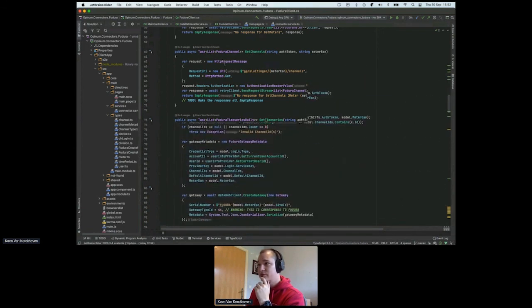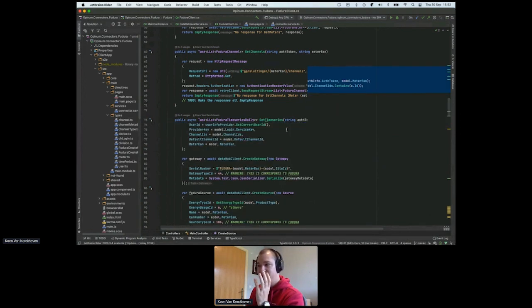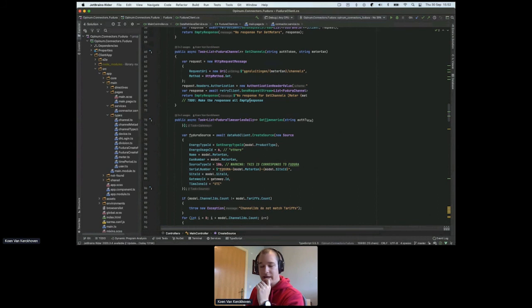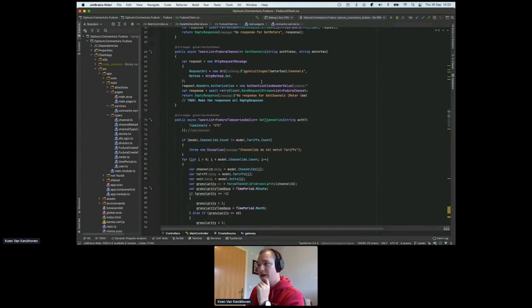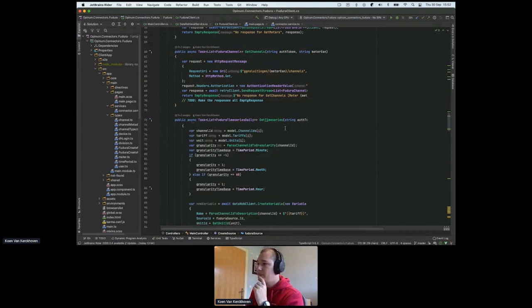I'll just skip, right? So creating a new source. There's some extra checks and everything, right? But fundamentally, what it's just doing is it's creating what's called a gateway, and then a source with this specific information for Fedora. So with an EAN, with a site ID, with some specific things that are specific to Opinum, where you say, okay, it's made for this kind of connector and everything,